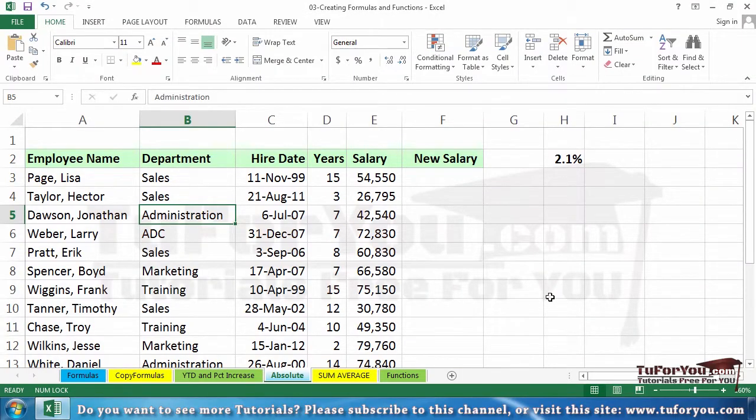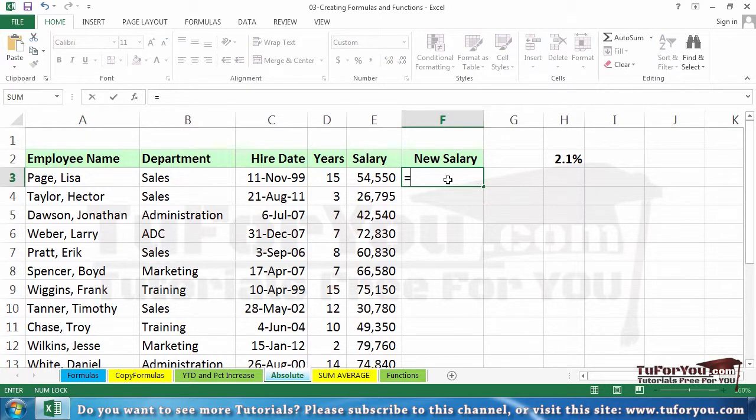In this worksheet called Absolute, we're about to put a formula in column F. We're going to create new salary simply by giving everybody a $2,000 salary increase. Now, a formula like this involves a standard Excel technique. If I type equals and click cell E3 plus 2,000, and after typing this entry, you would want to copy